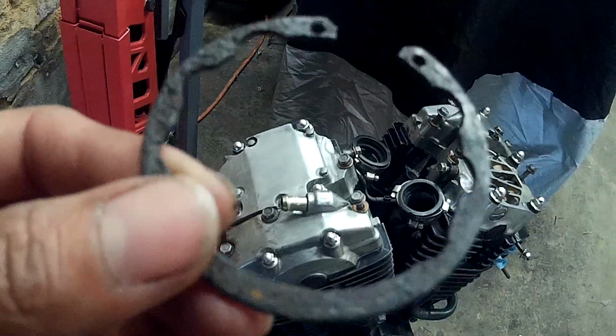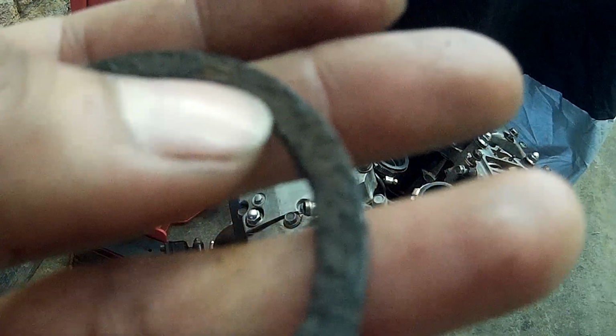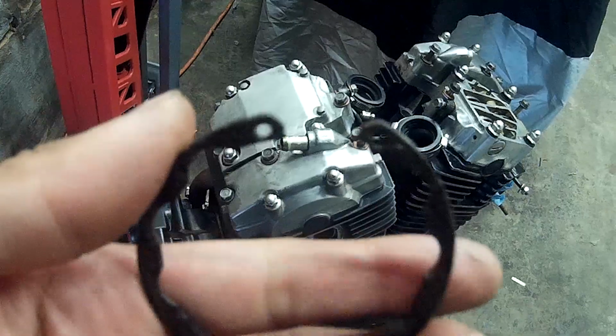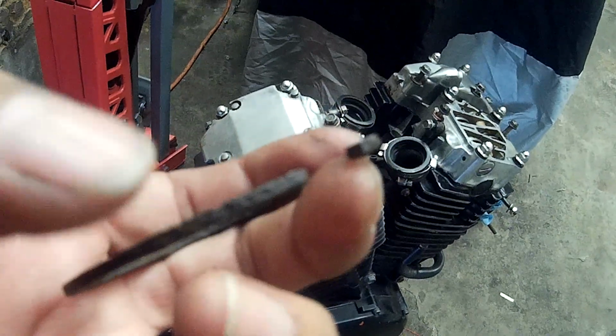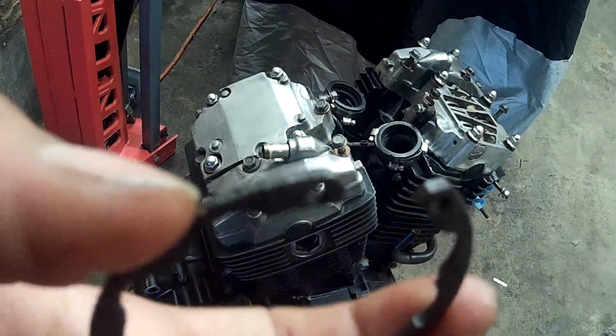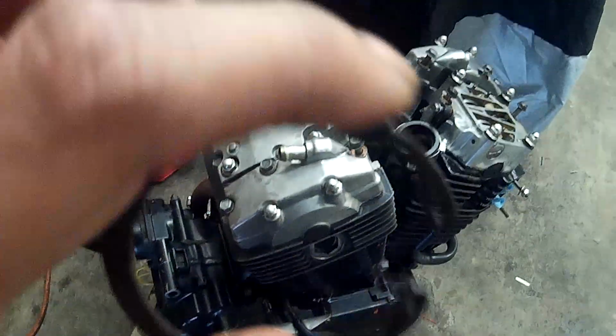And then also both of the circlips that hold the forks down, I don't know if this will focus, but look at all that. It's gouged up, rusted out. One of these circlips was actually hard to remove, but I got it out. But look at that, there's just a lot of material missing from this circlip. So hopefully